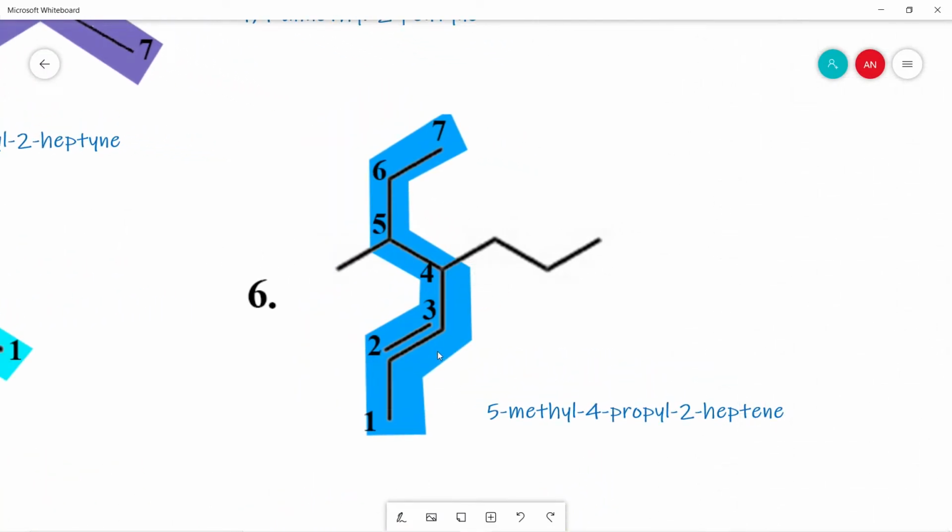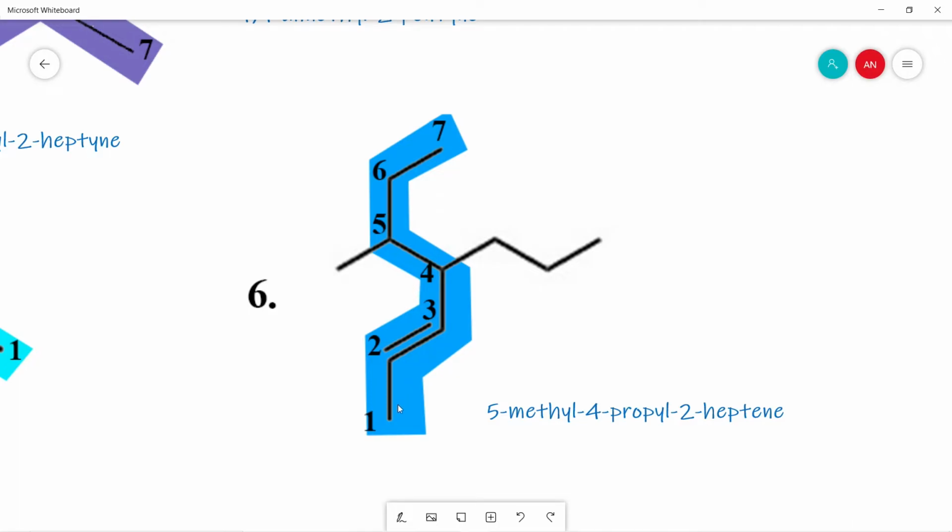The parent chain contains here 7 carbons along with a double bond, so we will see here that if we start counting from this side, 1 2 3 4 5 6 7, and if I assign numbers this way, 1 2 3 4 5 6 7, this could also be a parent chain as it contains the same number of carbons. But why have we chosen this one, not this one? Because we have already discussed the rule that we assign the parent chain so that we get more substituents. Suppose we take this as the parent chain, this whole part will be only one substituent, so we'll get only one substituent.